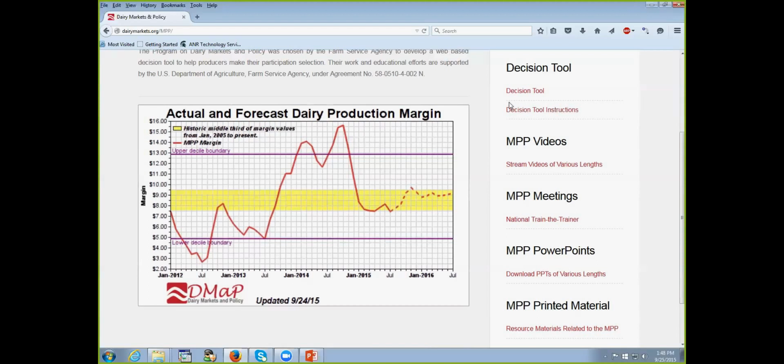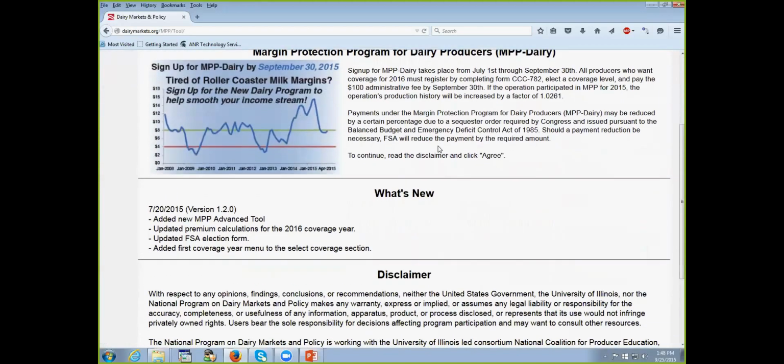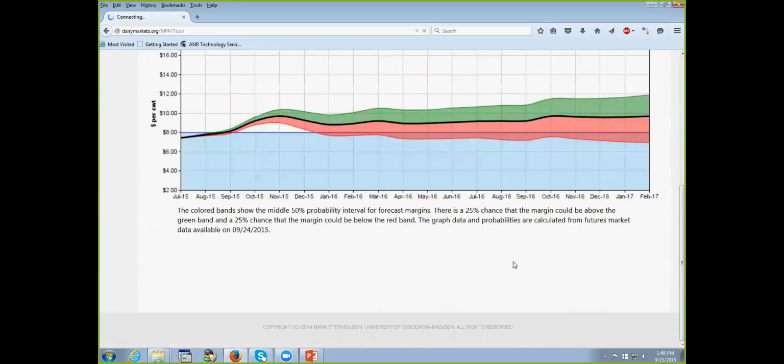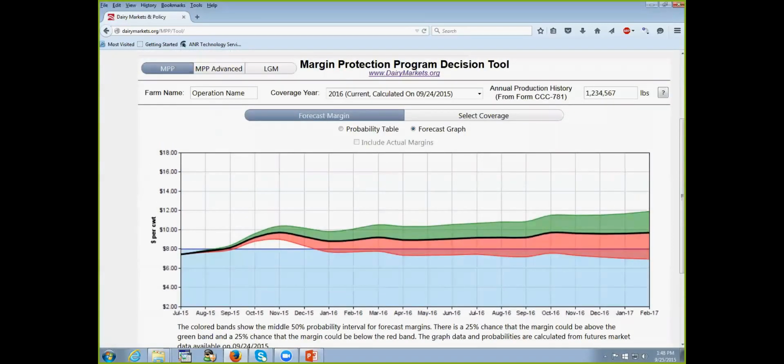Now, if you click on the right-hand side on the decision tool, it takes you to a disclaimer screen that says what the tool is, what's new, and you have to click agree if you want to use it. And then we're into the screen that looks just a lot like what Roger was just showing you, but the screen Roger had was a couple weeks old because that was when we made the slides. But this is, as you can see up here, for the 2016 coverage year,